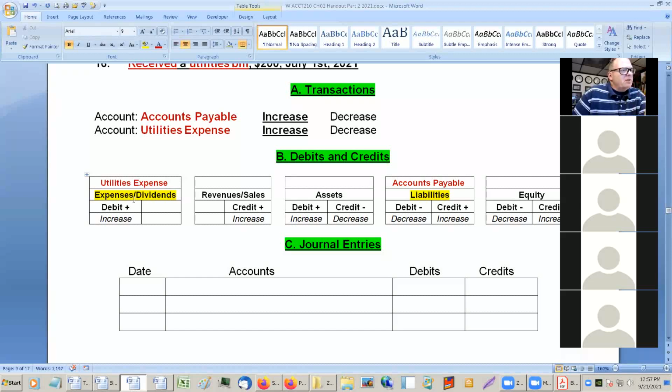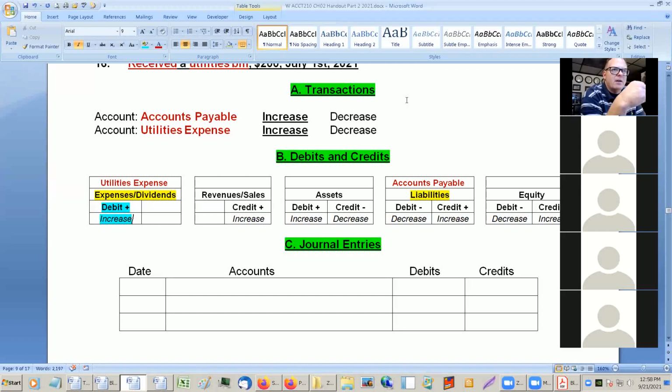So expenses, you'll see that they're always debits. And say, well, why is that? Well, here's the thing, what's more, one month's worth of rent or two months' worth of rent? Two months, right? So expenses are always going up as the year goes on. Every month you get a phone bill, every month you get a utility bill, every month you pay your rent and all that kind of stuff. So they keep going up and up and up. You say, well, why don't they go down? Well, expenses don't go down because, I mean, they can, but usually, for instance, the phone company doesn't